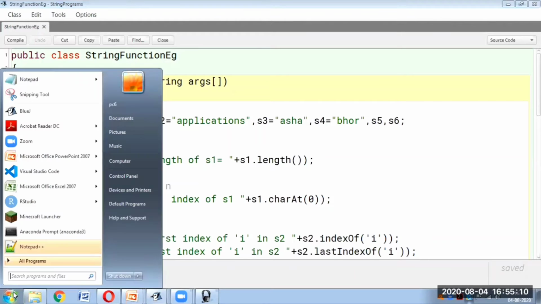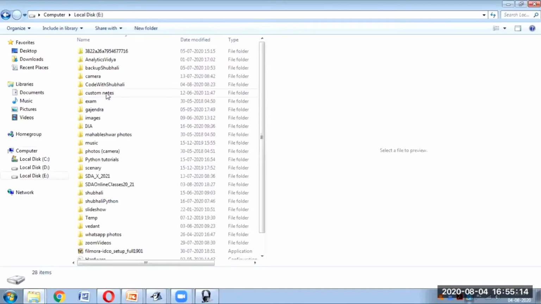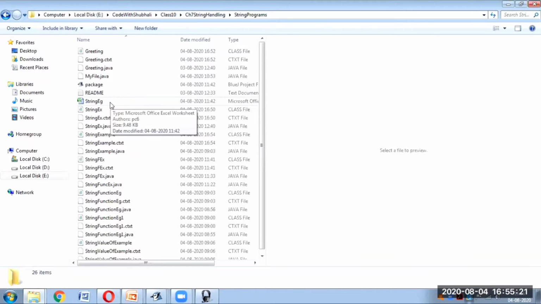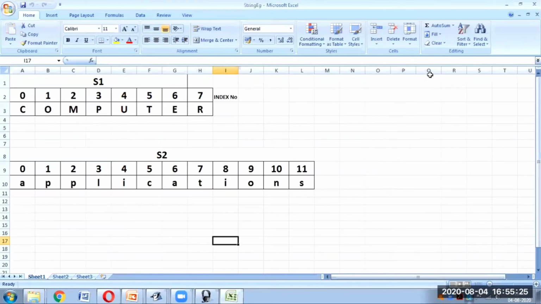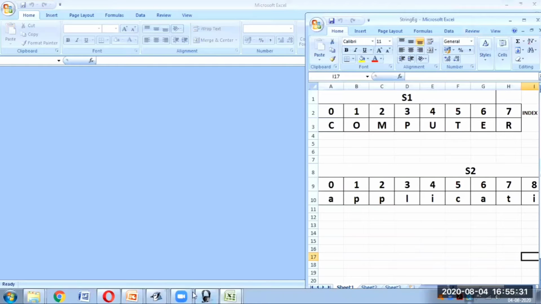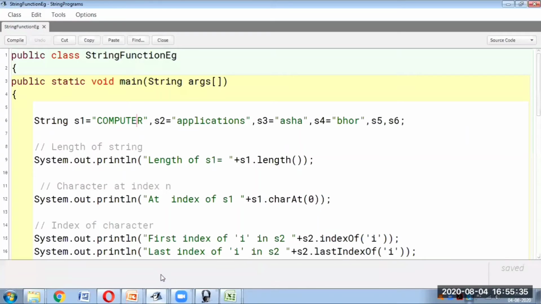Okay, I'll open Excel so that we'll come to know how this will get stored. This is just for your representation, just to make you understand how things will happen.